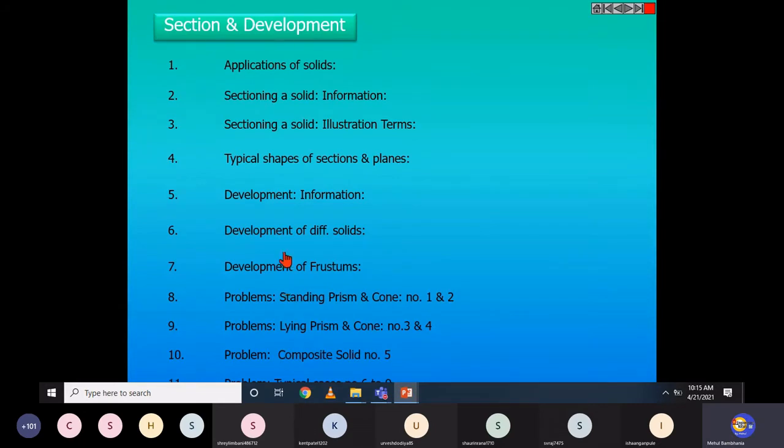This is what we had discussed: we have different solids, and let's look at how the different solids can be developed, right? The different types of solid that we generally have are cylinder, prism, cone and pyramid. Let's start with the cylinder. Suppose we wish to develop a cylinder which has some diameter d and some height